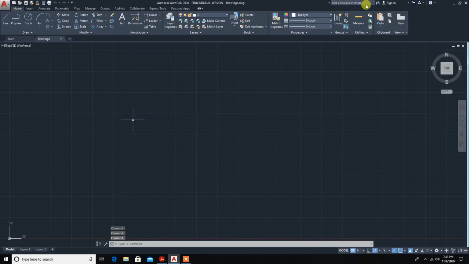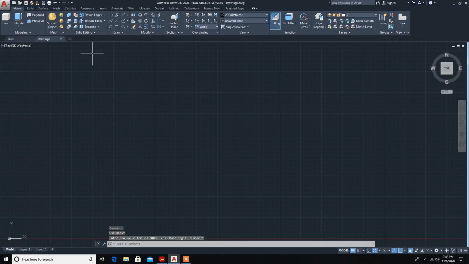So here in default, drafting and annotation settings are there. From this week onwards, we will be solving three-dimensional problems. So to convert into three-dimensional options, here in the settings, in the model workspace, you have three different modules. One is drafting and annotation, another one is 3D basics, the third one is 3D modeling. So you have to select 3D modeling. When you select this 3D modeling, here in the ribbon you can find the 3D features available.